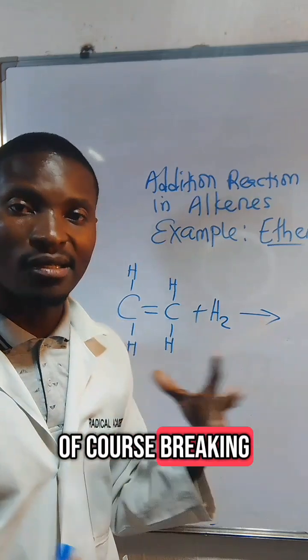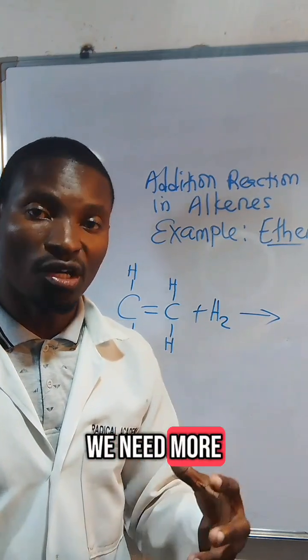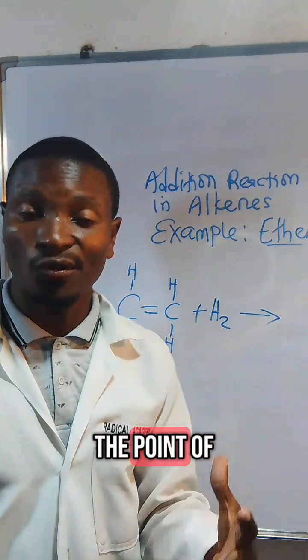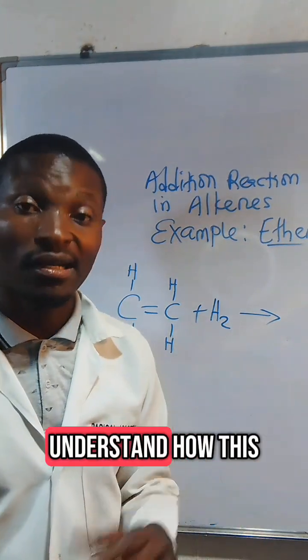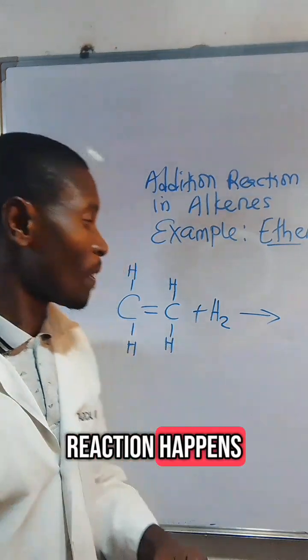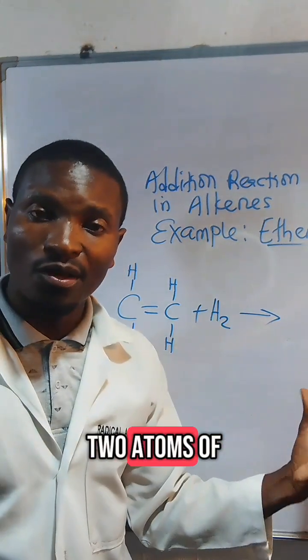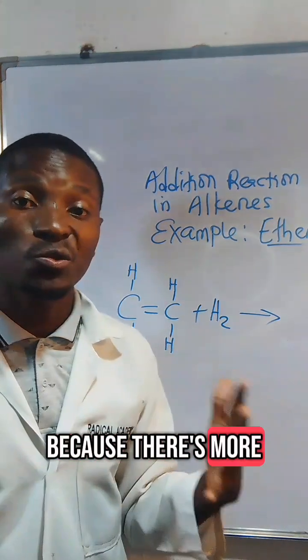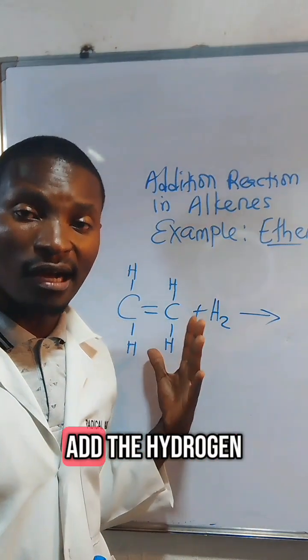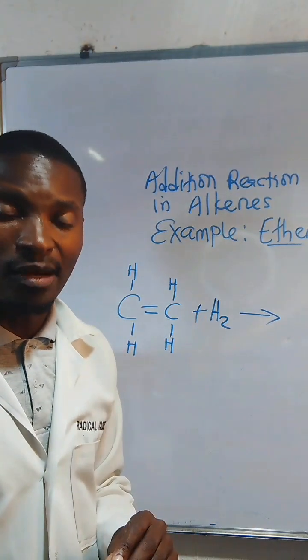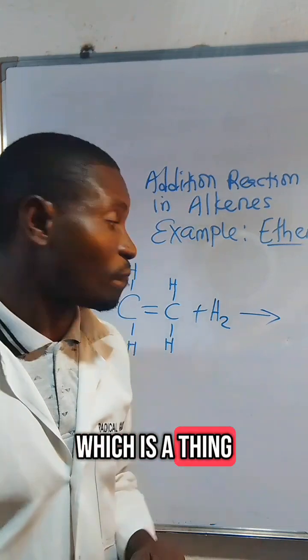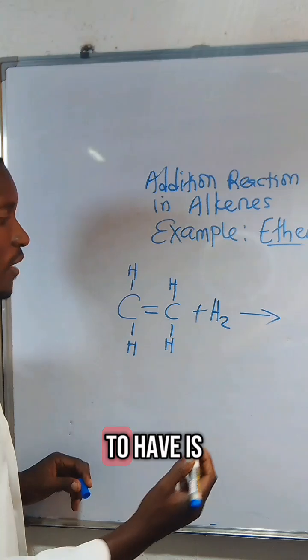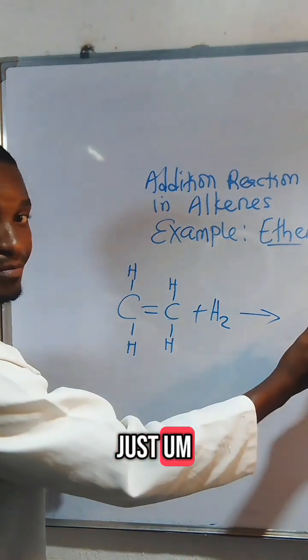Of course, breaking the double bond needs more energy, but the point of this video is to make you understand how this reaction happens. So we have 2 atoms of hydrogen that are going to be added, because there is more space to add the hydrogen atoms to this double bond hydrocarbon, which is ethene. So from there, what you're going to have is just